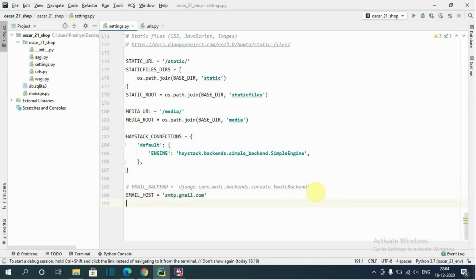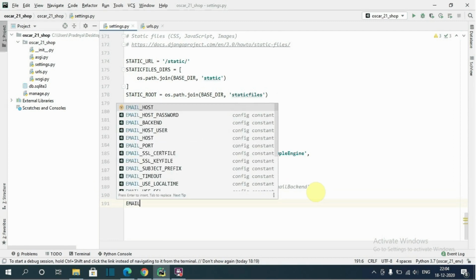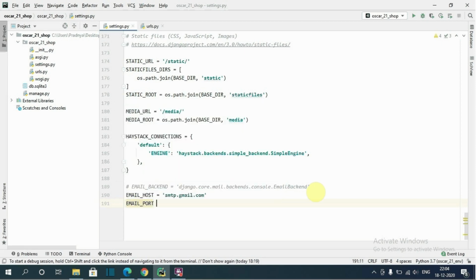Okay, next I will provide the port number of the Gmail server, that is email underscore port equals to 587.